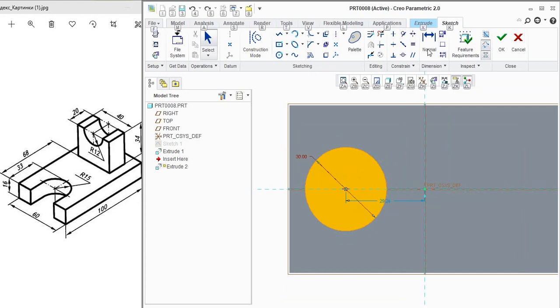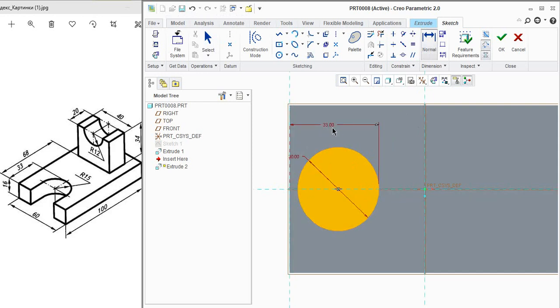We will choose the normal option to give the dimensions. Select the circle, select the corner edge of this first feature, and then click the middle mouse button outside. We will give 33 as the dimension. Then we need to join these edges to here. Take line and make a vertical line here. On the opposite corner also we will make a line and join both corners here.